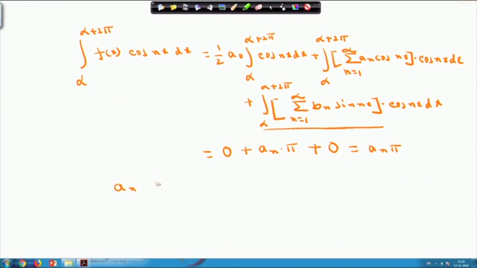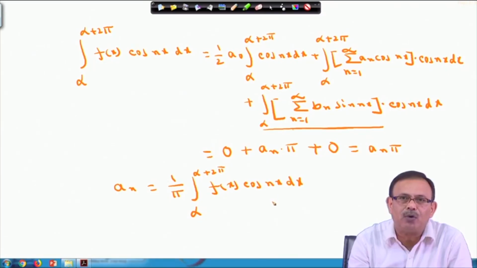So, that you can write down a_n = (1/π) ∫ from α to α+2π of f(x) cos(nx) dx. So, we got the value of a_n as (1/π) ∫ from α to α+2π of f(x) cos(nx) dx. In the same way, whenever I want to find out the value of the coefficient b_n,